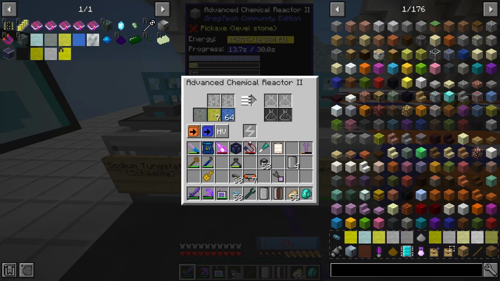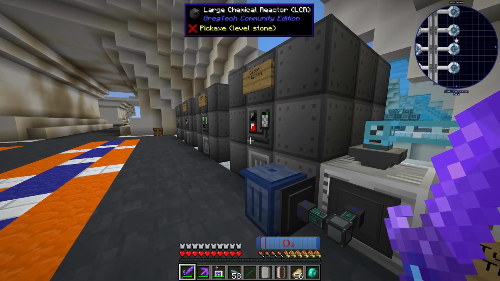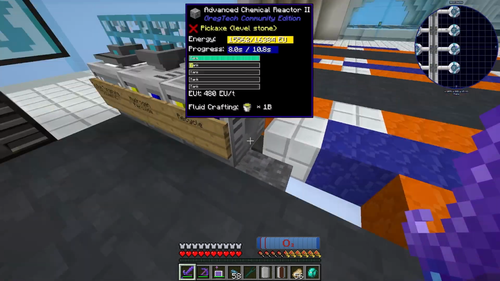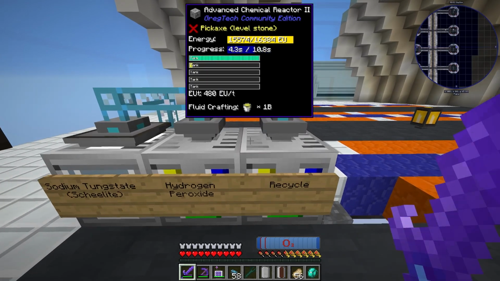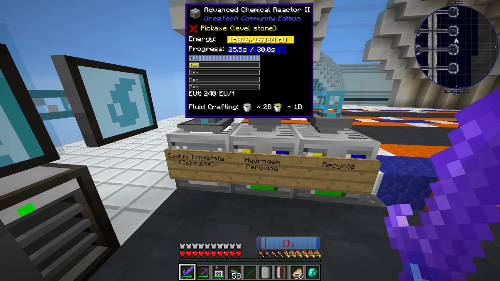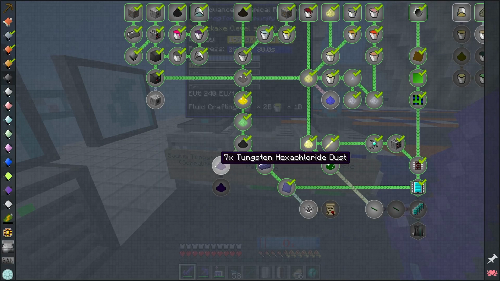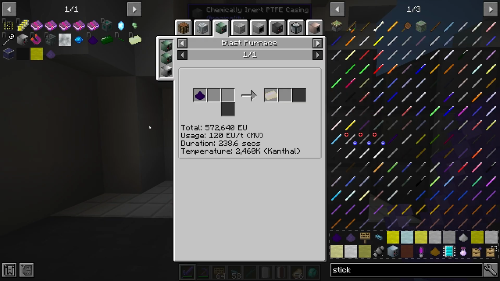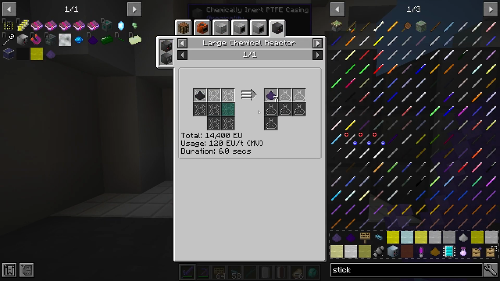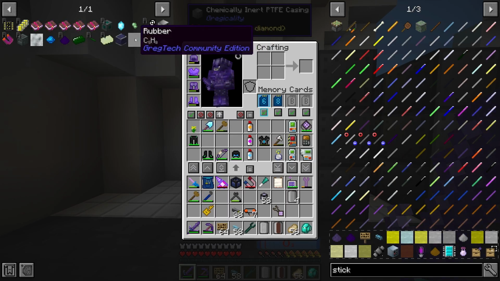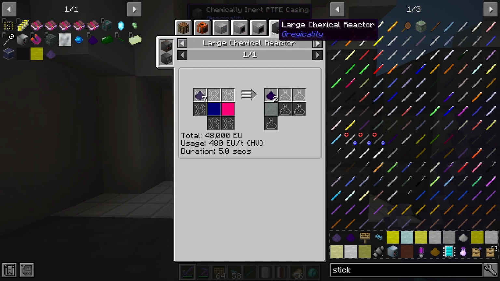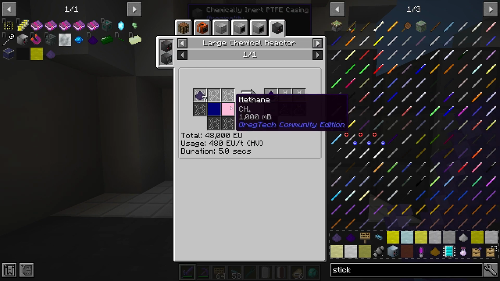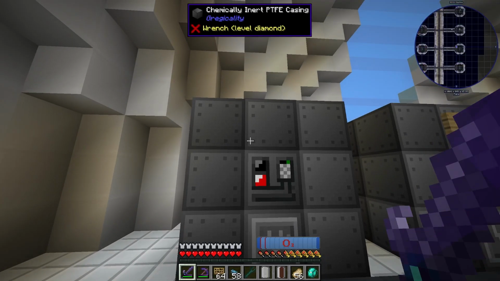The only thing is that this is slow. Realistically, we should have done it in a large LCR, but I think for the time being, this is fine. So let's take a look at tungsten hexachloride, which is going to go in here, I believe. Taking a quick look at tungsten hexafluoride, we're going to need one more LCR to get tungsten carbide, but tungsten hexachloride isn't too bad. The only interesting part is that we don't want to passive this, we want to set this to on demand, right? So to do that,